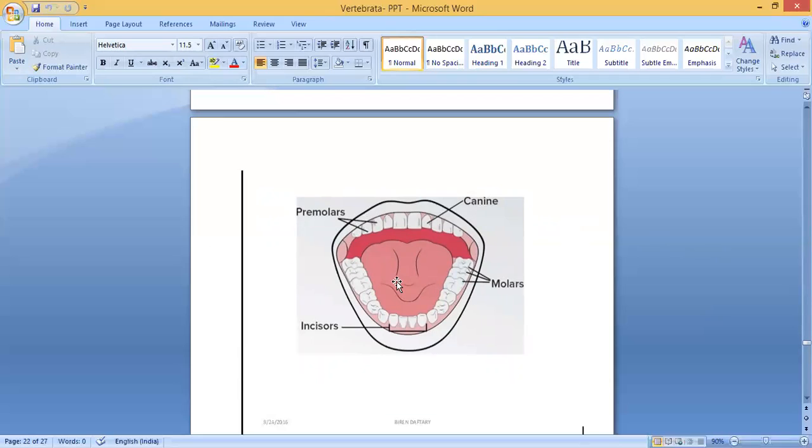So these are the teeth. I told you we can start first with the incisors. Yes, these are the incisors. Second, canines, sharp teeth, canine teeth. Then after canine you can see premolars, and last you can see molars. 1, 2, 3. 3 here. So 3 plus 3, 6. 6 plus 6, 12 will come. So these are the molars. Incisors, canine, premolars, molars.